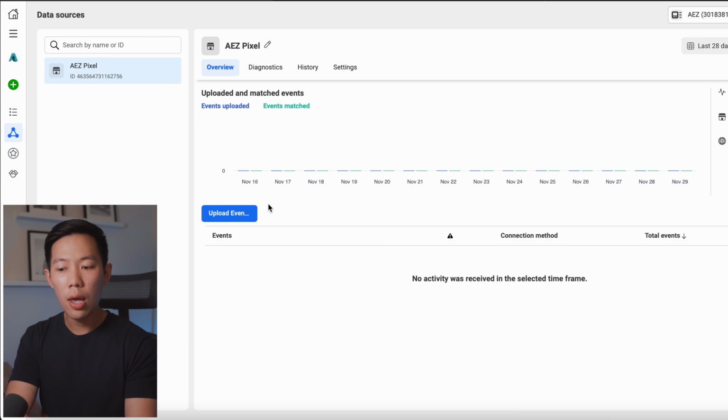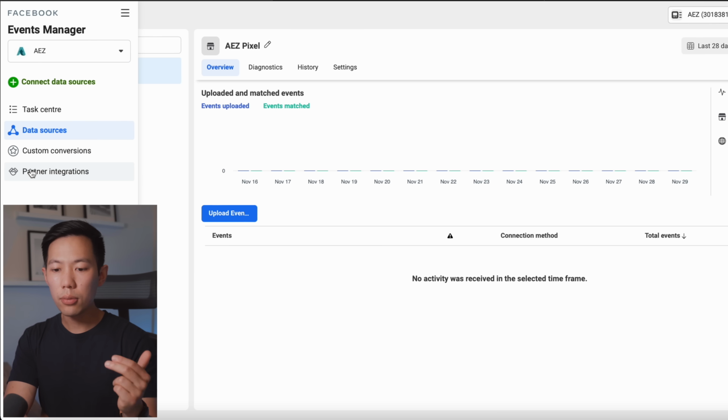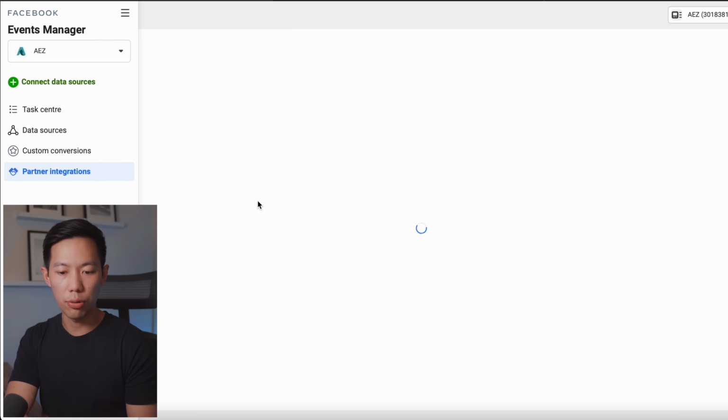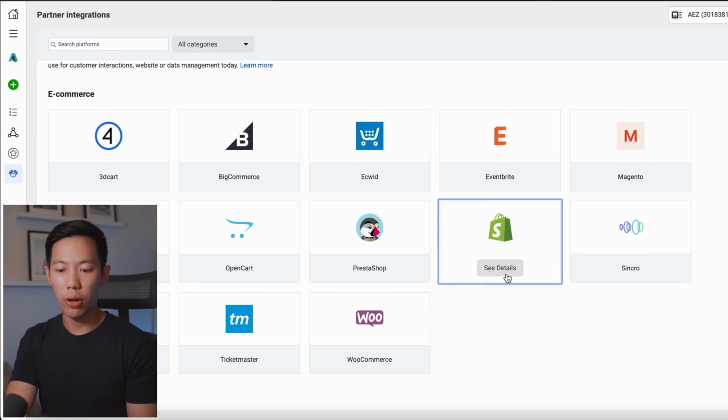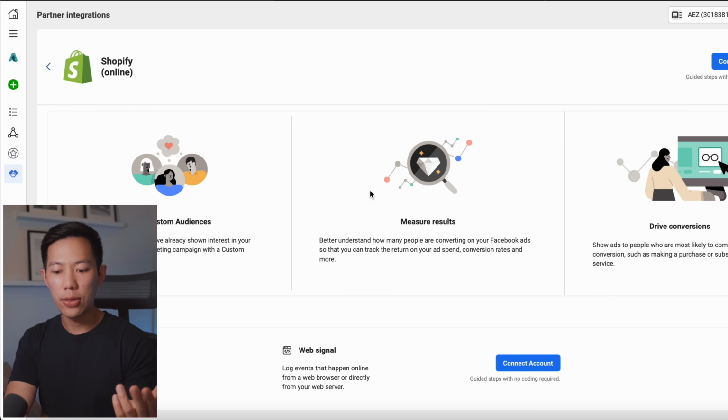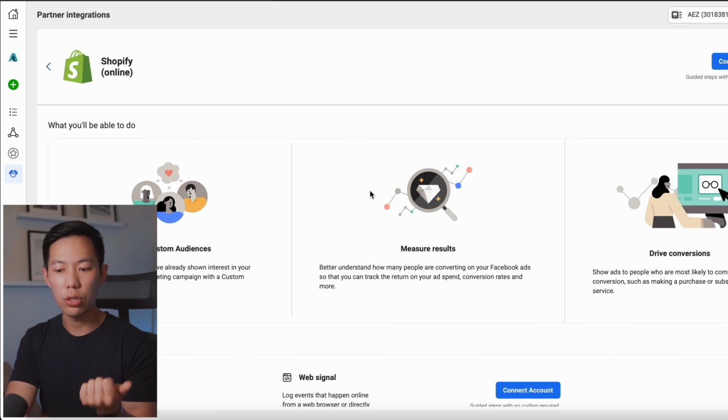platform that you're using. But if you're using Shopify, for example, it's very easy to integrate that. If you click Partner Integrations here, and then you can follow the prompts here. So you can click Shopify Online, click See Details, and then you can see exactly how to connect your account